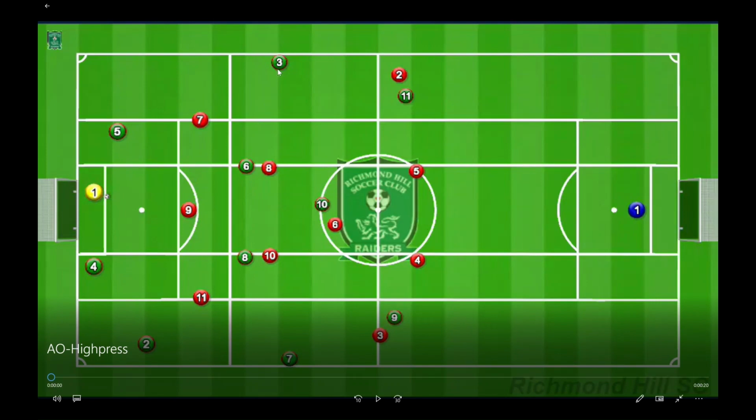One of our fullbacks, the left back, is here, and the right back is here. I ask the winger to come to cover this space. And the strategy is that these 2 players receive the ball because there is bigger space here.